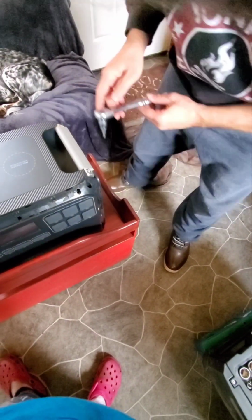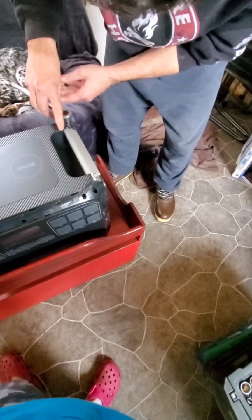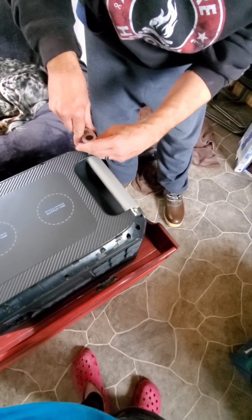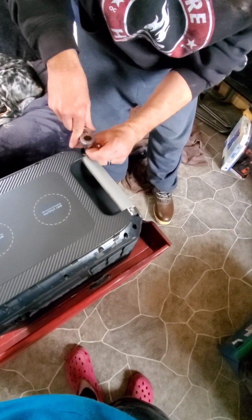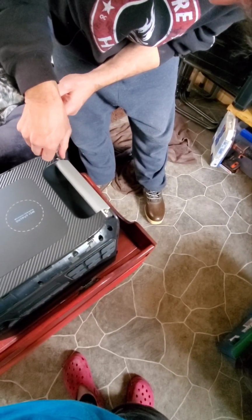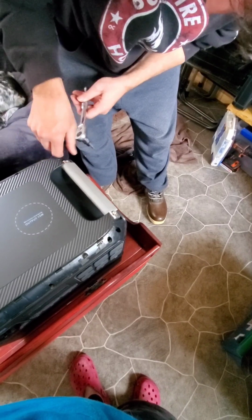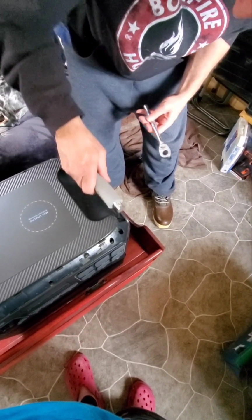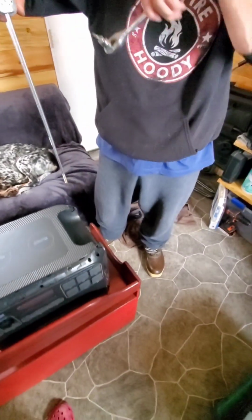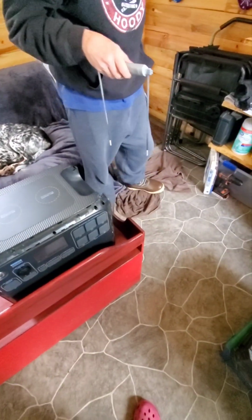Apparently these are really long bolts. They weren't in there very tight. Well, we saw how difficult it was to take apart, so probably doesn't need to be in there too tight. All right, and there's our handle. So that's that side handle. Okay. Might not matter, but...